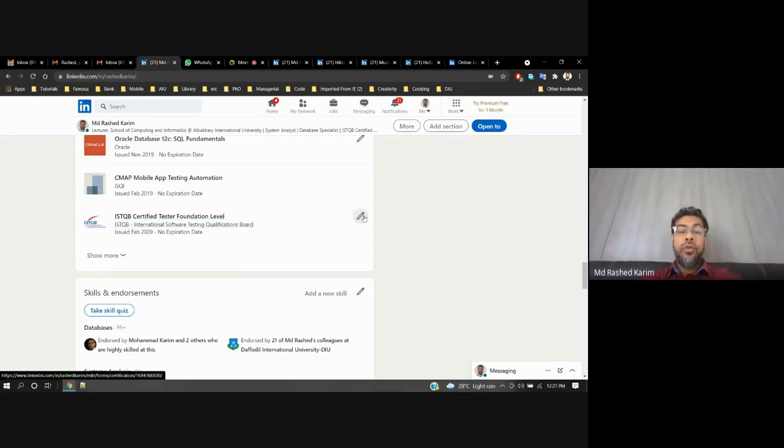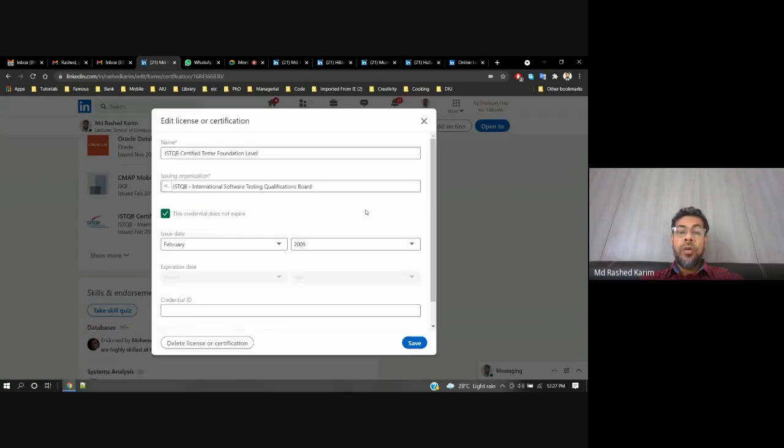So I'm showing you the certificate I have achieved, the Foundation Level software tester, and the body is already mentioned. This body, the ISTQB, is on LinkedIn, and many people use this organization. The issuing organization is the certificate issuing organization, the ISTQB.